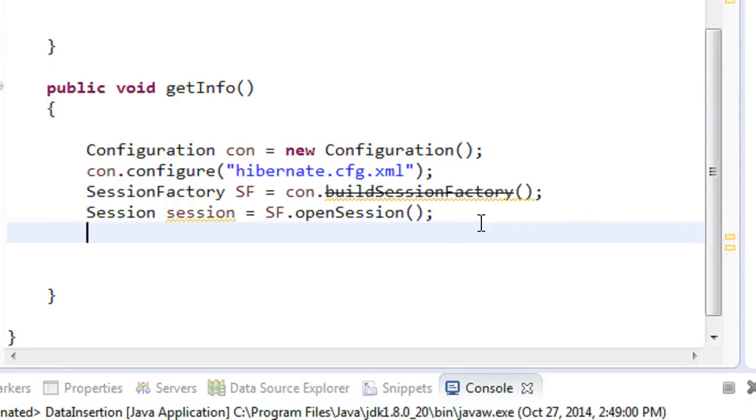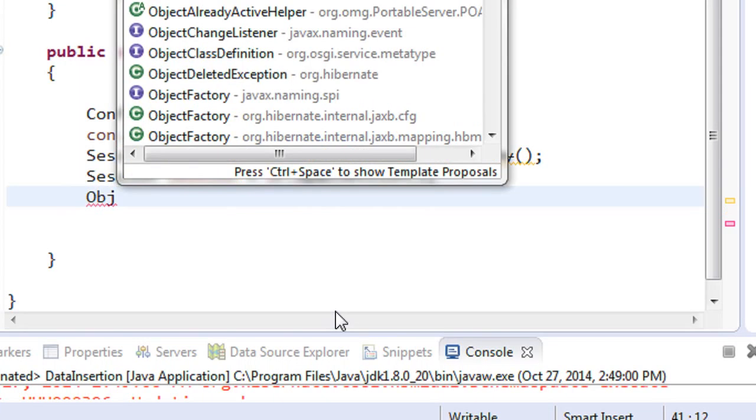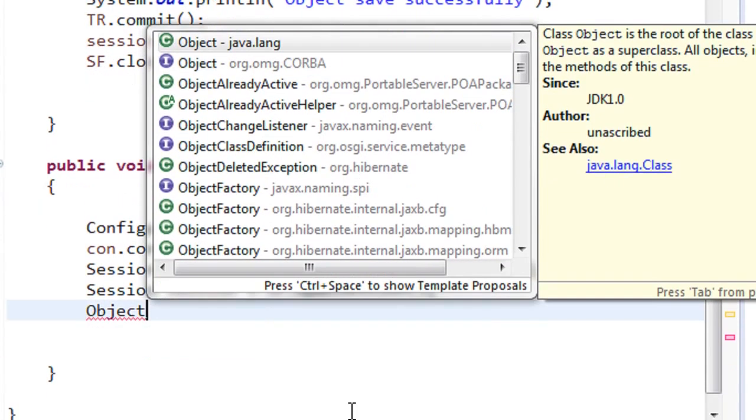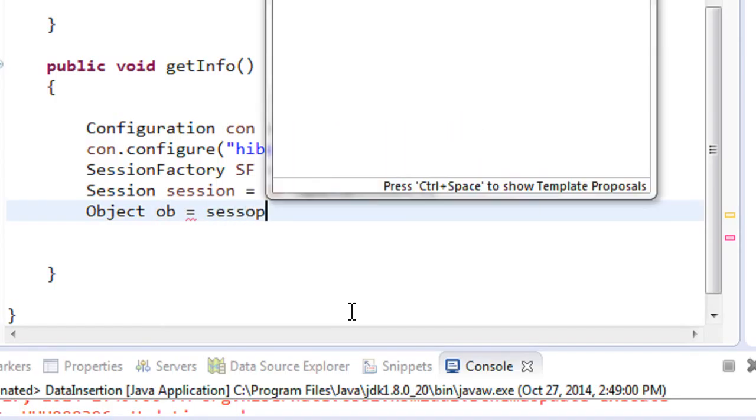So for receiving the values from the database, we know that in Hibernate we always work with objects. So here in this example we are going to receive some data from the database. The data is in the form of objects, a collection of objects. So for receiving the object we need an object of the Object class. Object belongs to the java.lang package. So I name the object as ob, and using the session object,